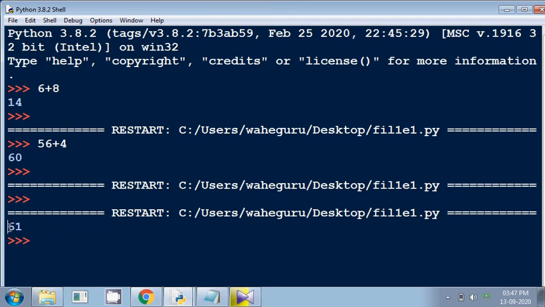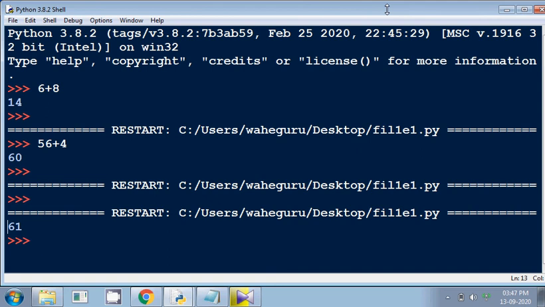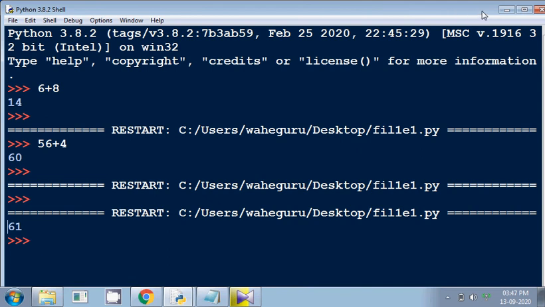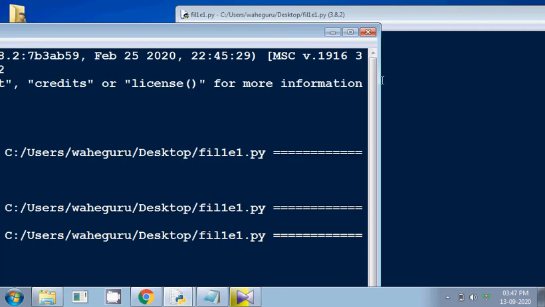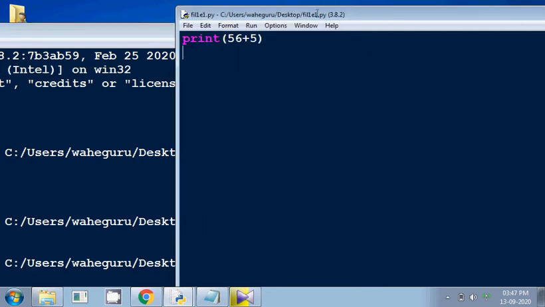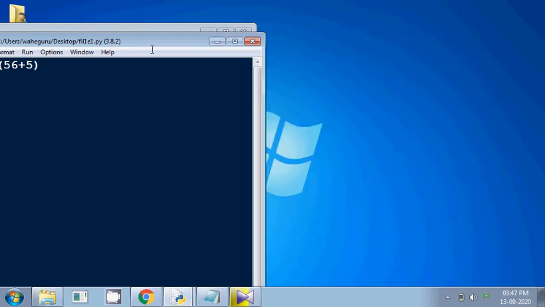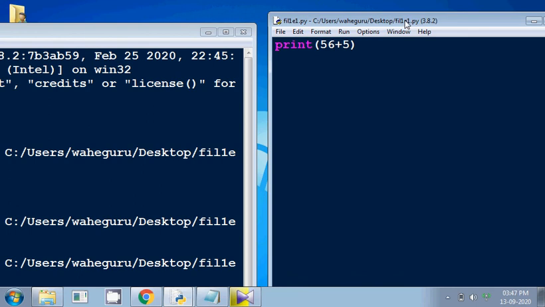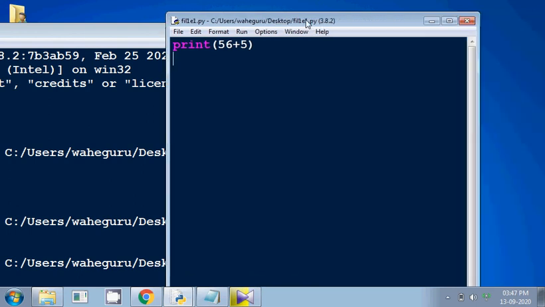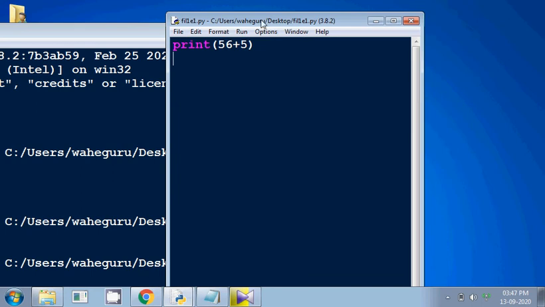So one way is to use Python's default IDE, which is IDLE, but it is preferred to use some more IDEs as far as Python development is concerned. So we should know about more IDEs, like how many IDEs we have for the development of Python. We must at least know about their names.